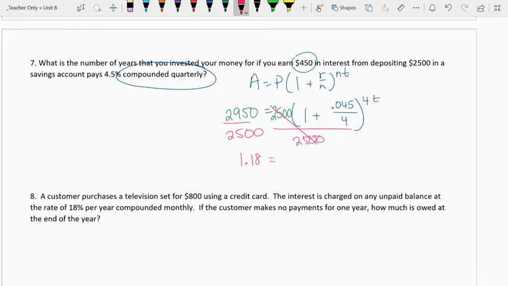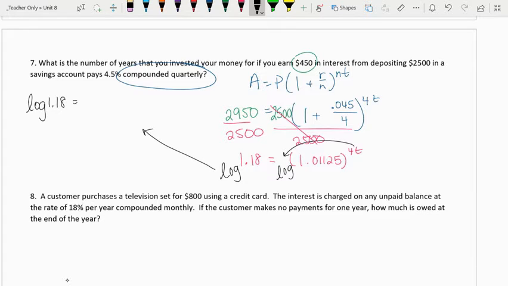And then I'm going to simplify that other side. You would end up with 1.01125 to the 4t. At this point, I need to get the t out in front, and the way to do that is to log both sides. You're not going to ln because I don't have an e. I only use ln or natural log when you have an e. So at this point, I'm going to write it over here, a little backwards. So we have 4t log